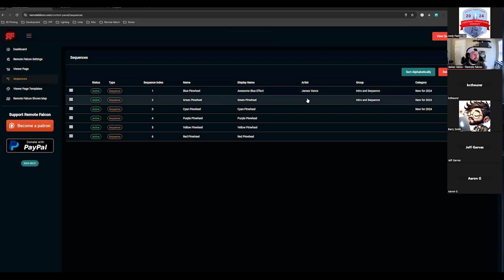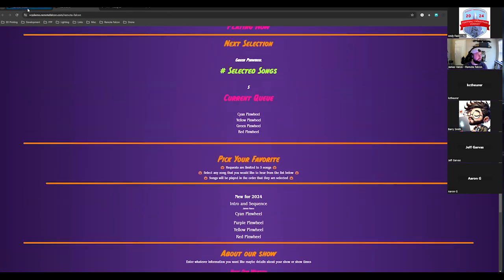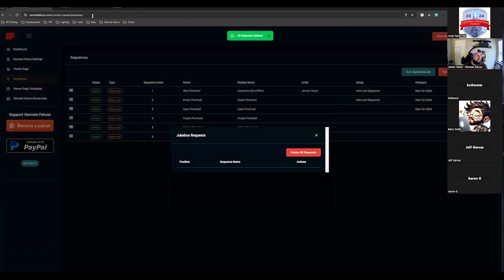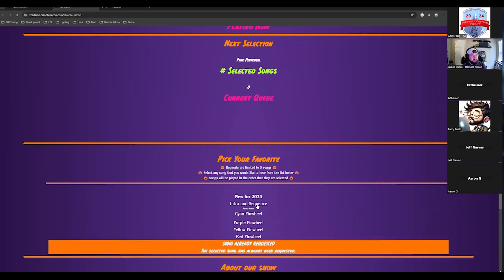And then I'll have green pinwheel. What will happen is on your page, it will combine those two sequences or more. You could have 3 or 4 sequences as part of a group. And when the viewer, I'm going to clear this queue out real quick, selects intro and sequence,